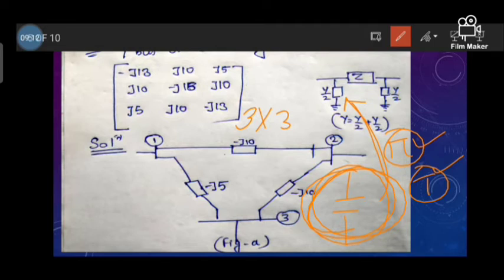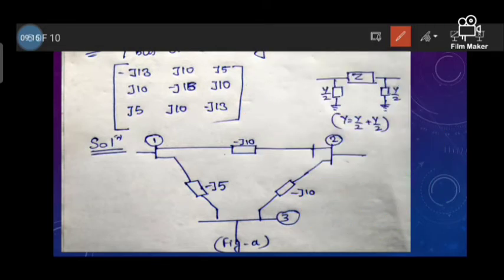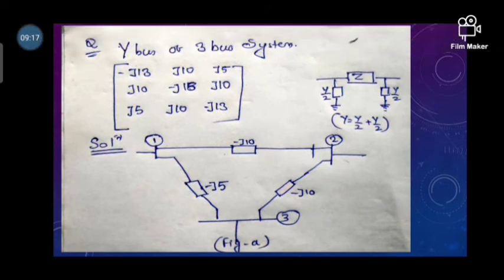So here this is your medium transmission line. So this is your simple single line diagram of that. So total there are two admittances. These two admittances are divided equally on both sides of the impedance, because this is our pi network. So the total admittance is one admittance divided by 2 plus the other admittance divided by 2. So adding both, you will get the total admittance.